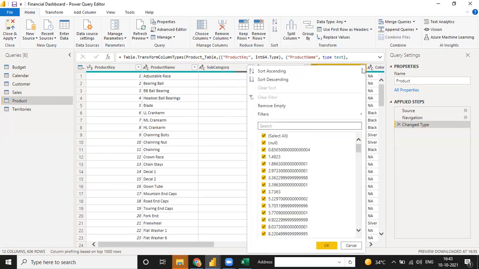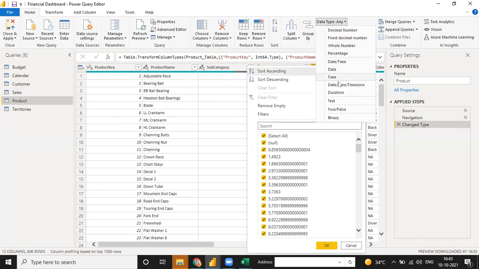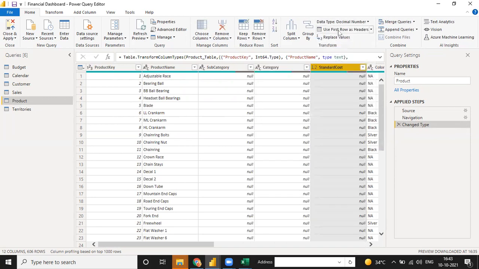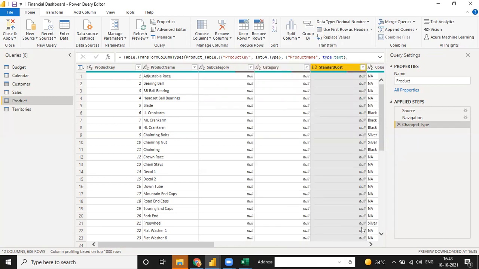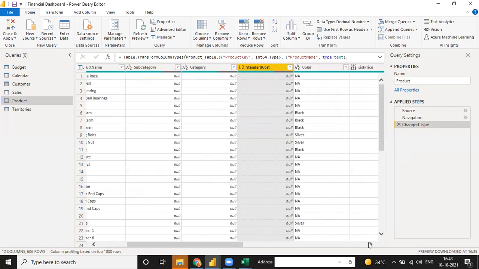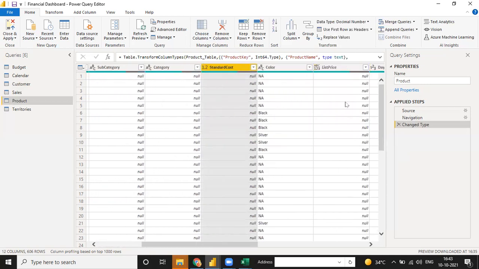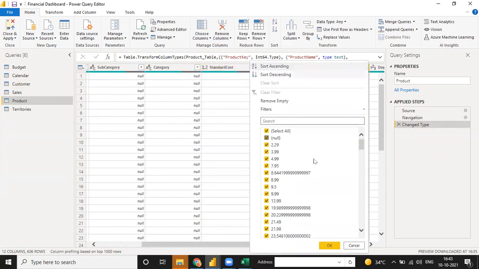So I just click on this data type. I write it as decimal number, not whole number, because if you write a whole number, all the decimal points will turn into a complete whole number. Okay. Same way, color, list price. See, list price is always decimal if the value is decimal.